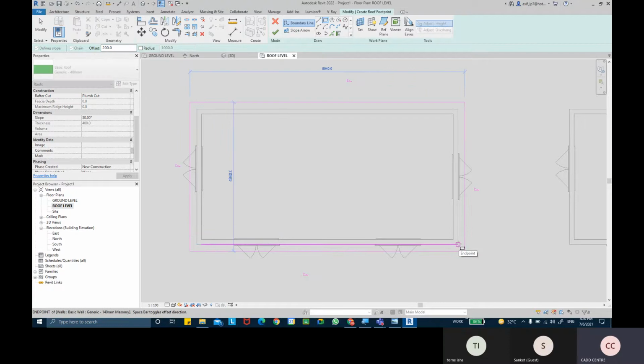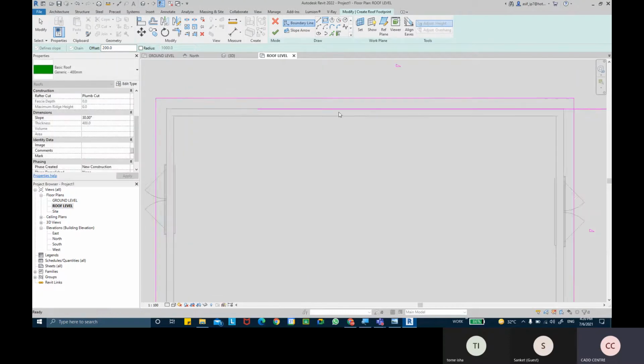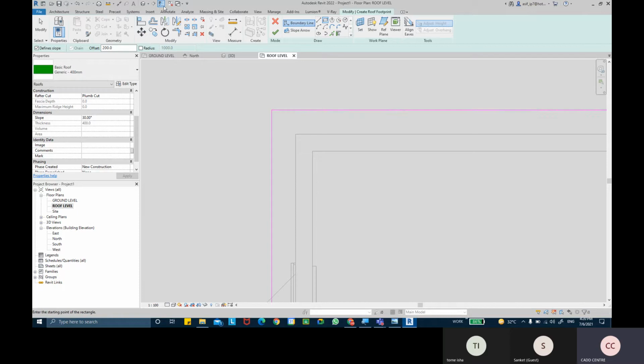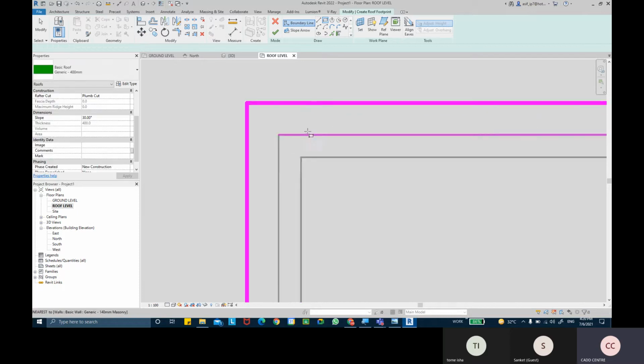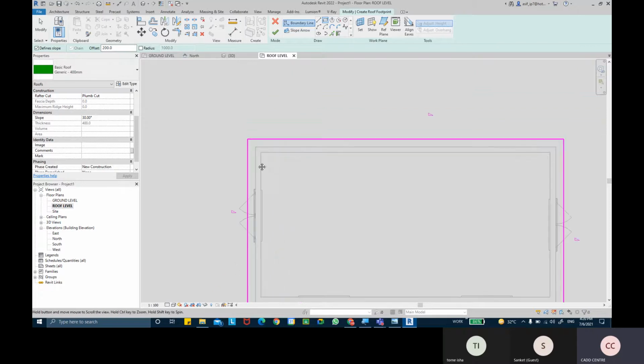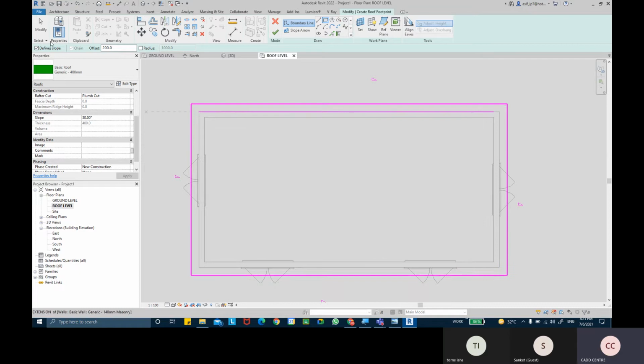You can see this magenta line is my roof line. It's offset from this wall, and its offset distance is 200 mm in all directions. And you can see this is the sketch line being drawn.